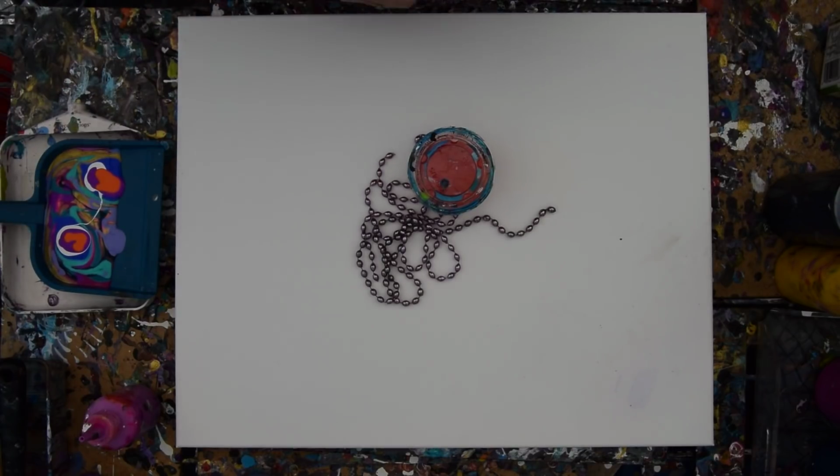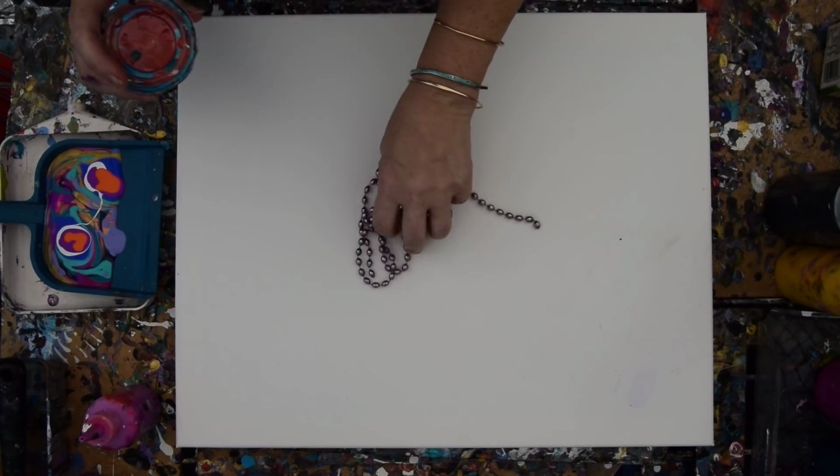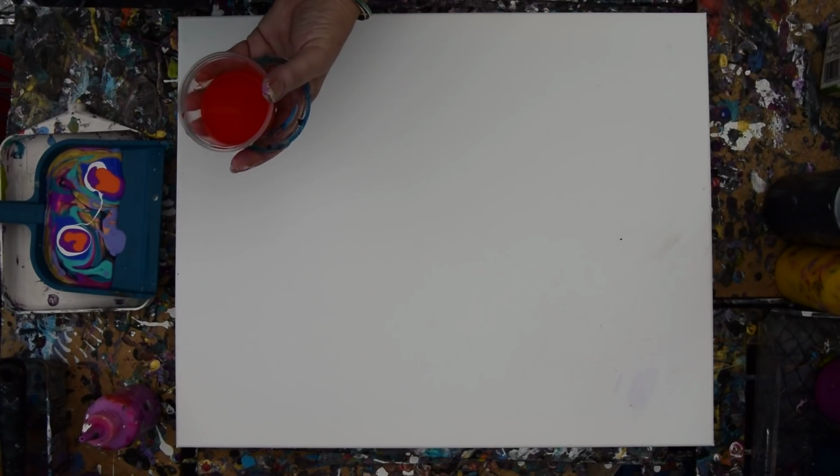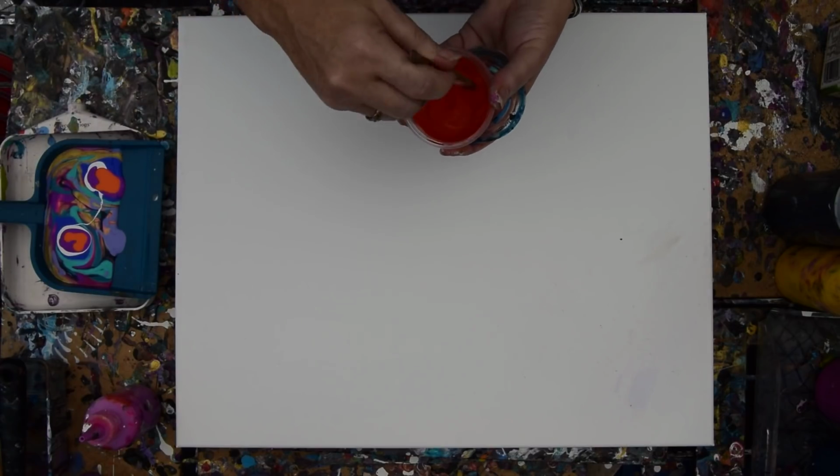Oh, you know what? I forgot that color. It's right in front of me. Wow. Okay, so there's that color. Let's give that a little stir. I found a tool I need to...